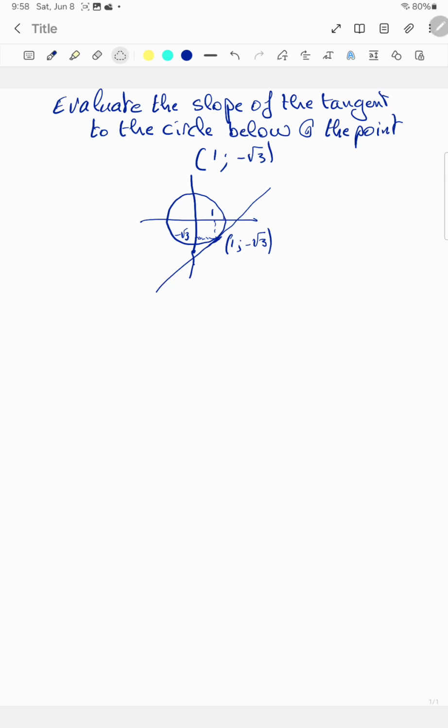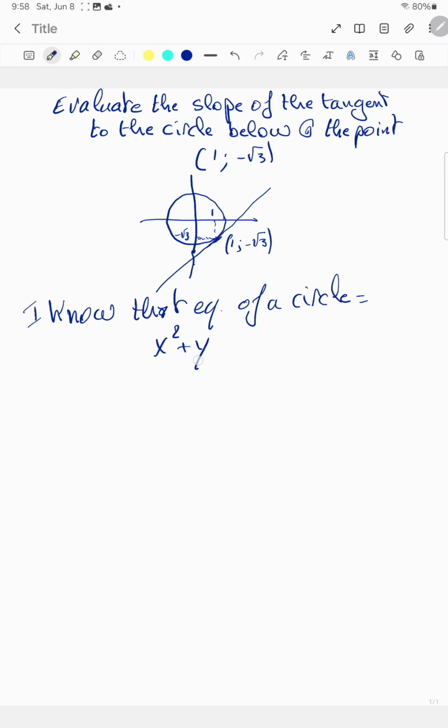I know that the equation of a circle is x square plus y square equal to r square. And since it passes by the point 1 and minus square root of 3 on that circle, I can replace x